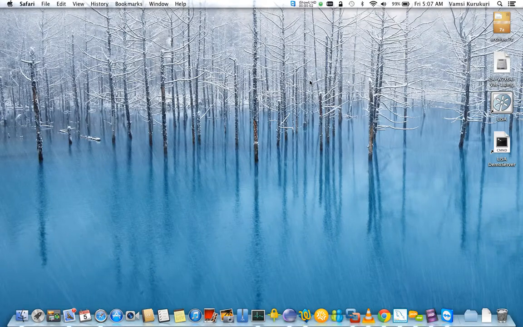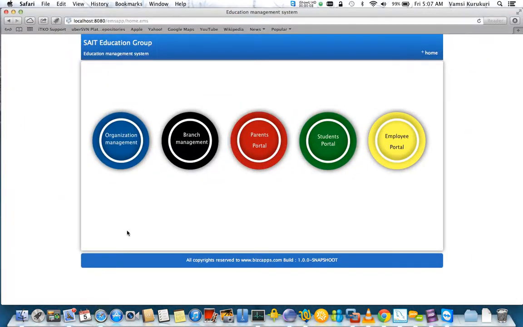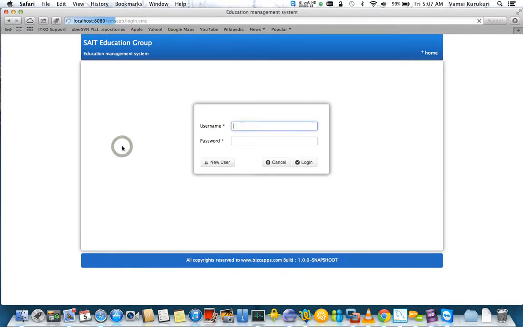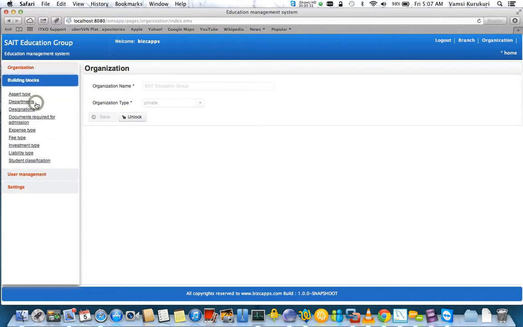Hi. So in this section we're going to cover how to create building blocks on EEMS application. So let me log on to organization management, enter your username and password, enter. It's going to take you to the organization portal. On your left hand side you have a menu where you can click on building blocks and define